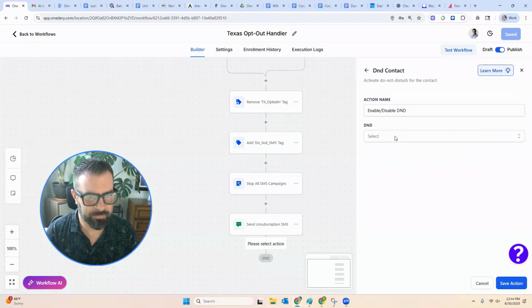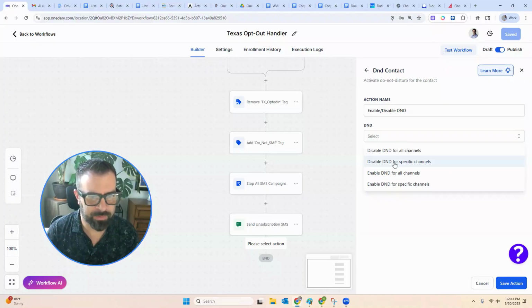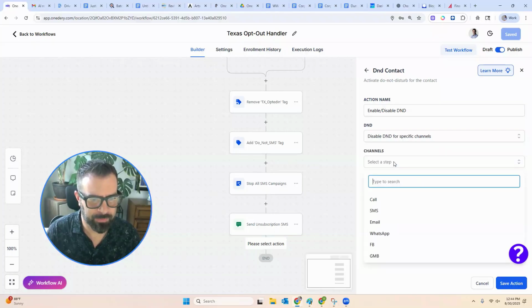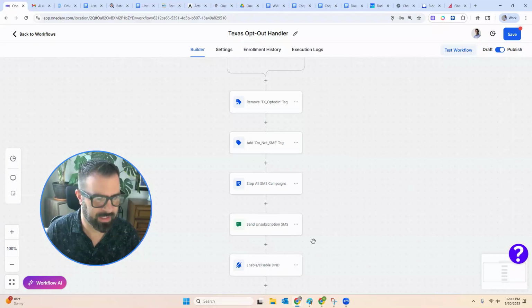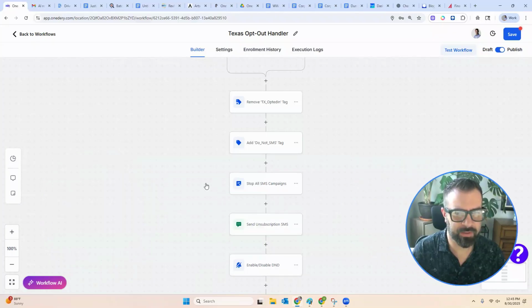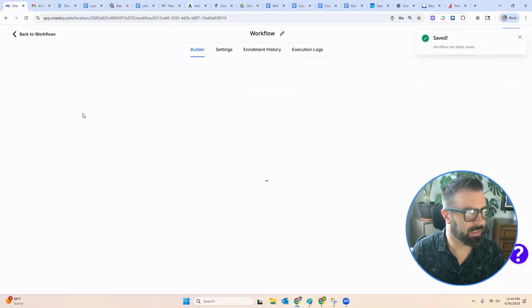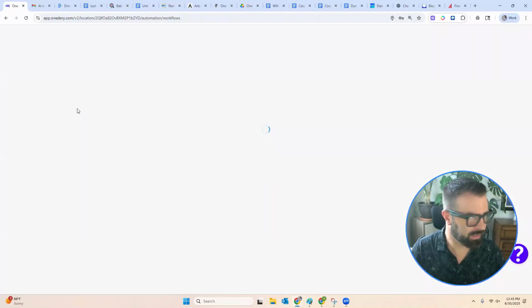Enable DND. And this is going to be specifically for a specific channel, which would be SMS, right? And we're going to go ahead and save that. There we go. So now we've got the Enable DND, and now we're going to move on to our next workflow. So we'll pop over here, go back to workflows, and our last one, but not least, of course,